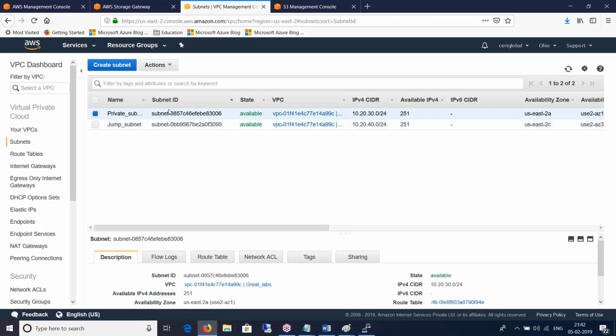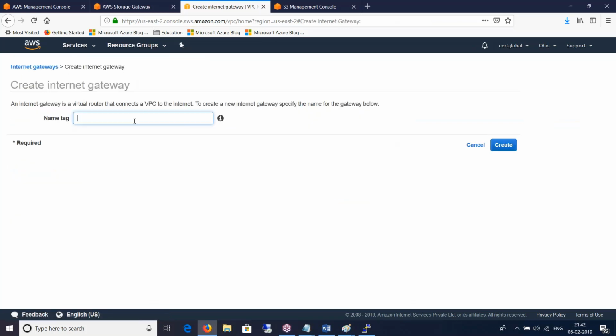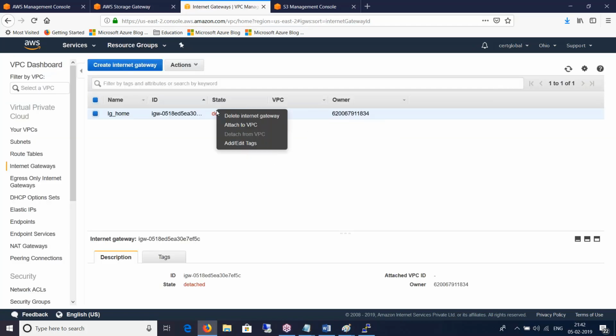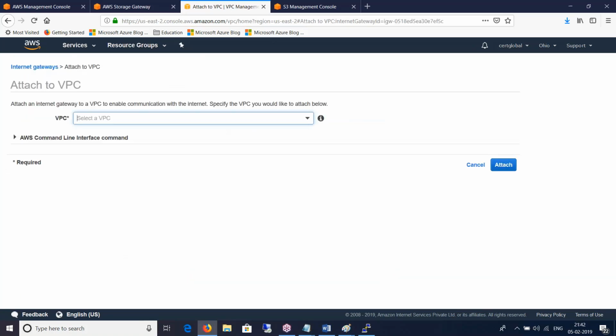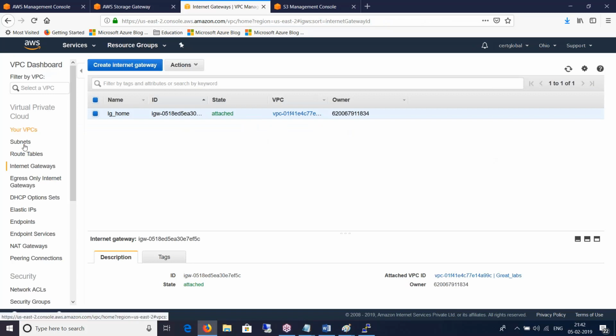This must be pretty basic. All right, so I'm going to internet gateways and create internet gateway. I'll say IG_home. And then finally I attach it to my VPC, and that's the only VPC I have. Attach. Amazing.